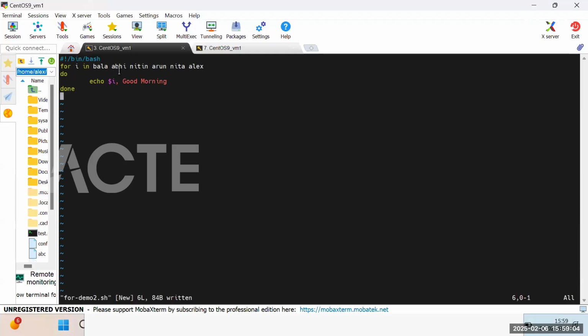So I have a list here, and this list has got a lot of names: Bala, Abhi, Nitin, Arun, Nita, Alex. In this loop, for every iteration, I want the I value to take the value of these names. First iteration, I will take the value of Bala. Second iteration will take the value of Abhi, and then Nitin, Arun, Nita, and Alex. So all of these names would be assigned to the variable I for every iteration,